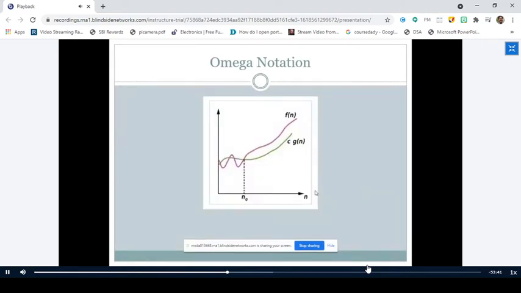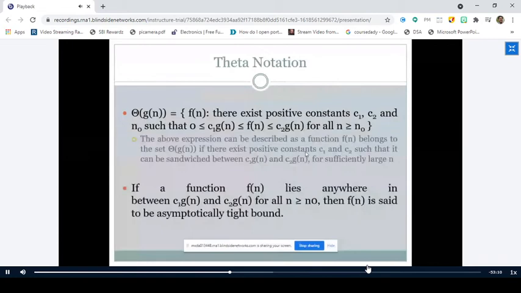Right. So this is how the graph looks like. Here is our f of n, and this is c into g of n. So from here n naught, you can observe that the graph always lies above this c into g of n. That means this c into g of n is representing the lower bound, and it is nothing but the best case. Is it clear up to this point? Yes, sir.